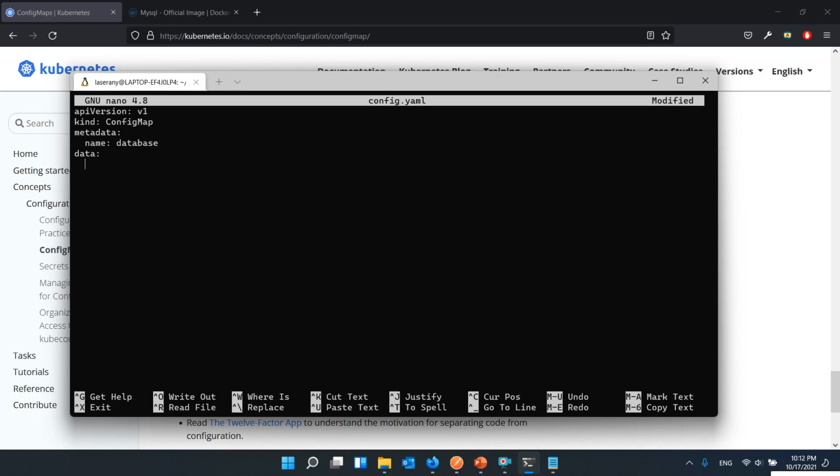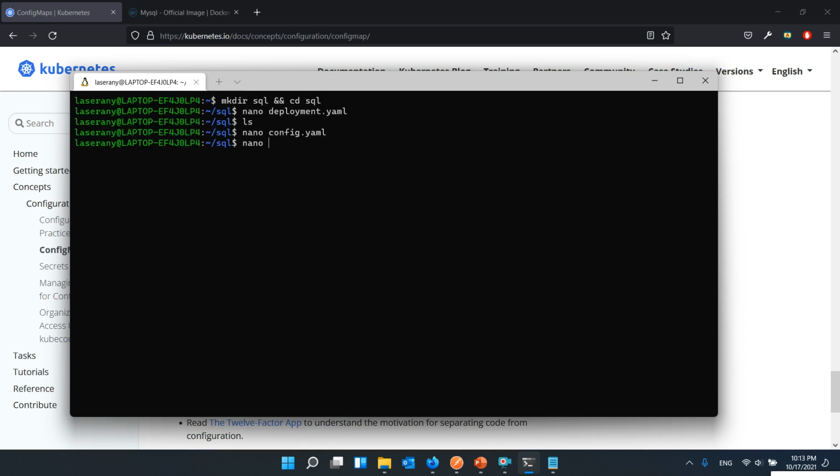Now, data is a list of key value pairs for our configuration. Now I'm going to store only one configuration, only one key value, which is the database name. And for the user and password, I will store that in the secret. So let me name this demo, since this is a demo. I will save this and I will create